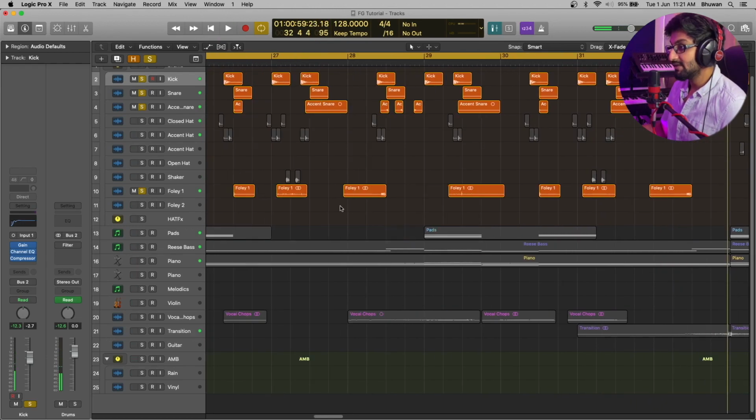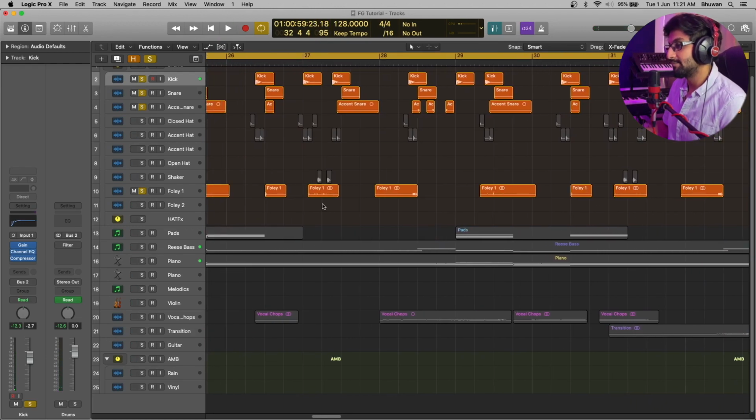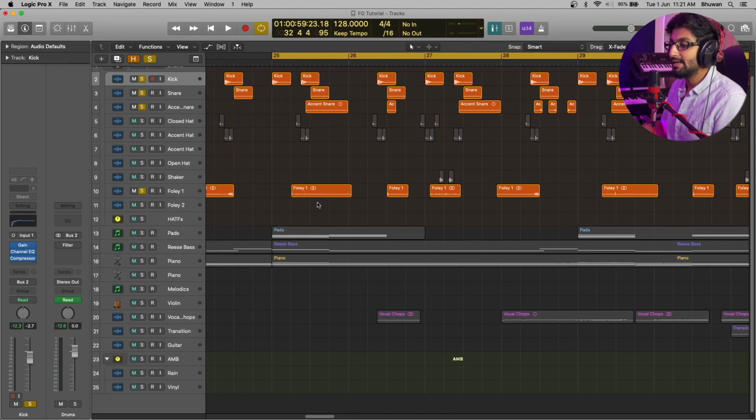So as you can notice, even in the Foley I'm using different kinds of samples, and it's best to use variations of samples so that it doesn't start sounding very irritating to the ear and you have variations at every beat. So you can go ahead and start putting some Foley just before the snare, like I said, or sometimes on the snare grid after a snare, and I start to fill in the silence gap. So over here, I felt that there was a huge silence because I didn't have any percussive elements. I didn't have any kind of hats, didn't have any kind of snares. So I kind of started adding some